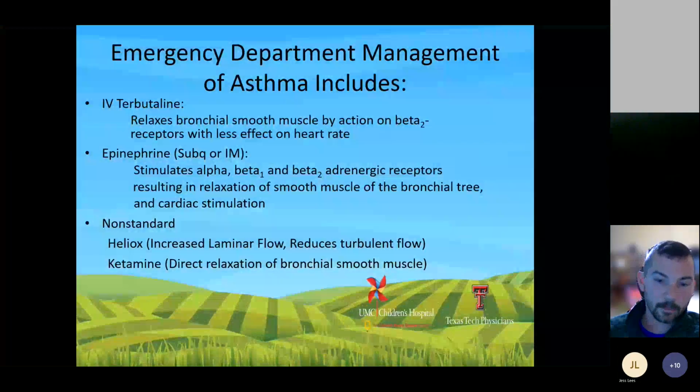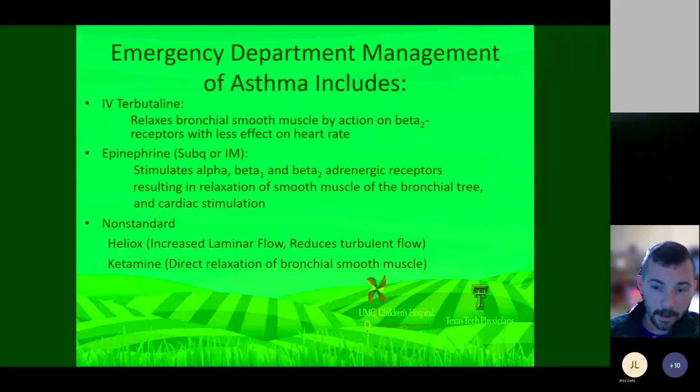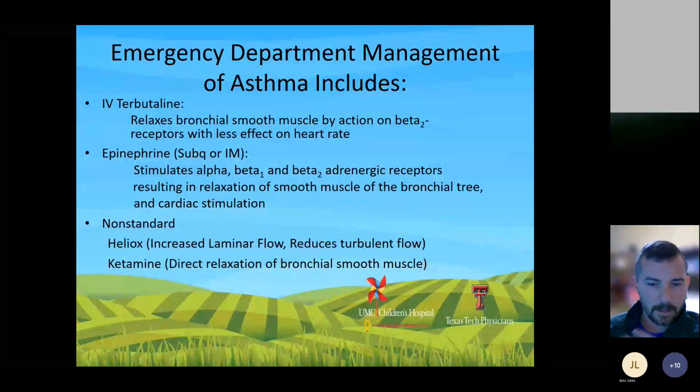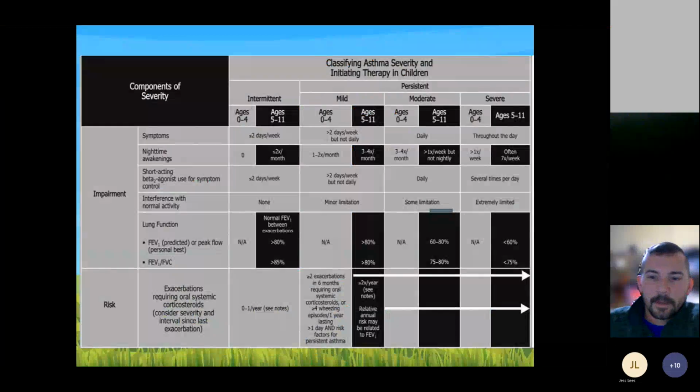If I do, it's in that really severe case, I've already intubated and we're having to think of other things, or even taking the child to the OR to gas them out and hopefully allow the gas to expand. Ketamine is another option, again, I don't use it all that often, but it is an alternative that can be used. Real briefly, I'm going to go over